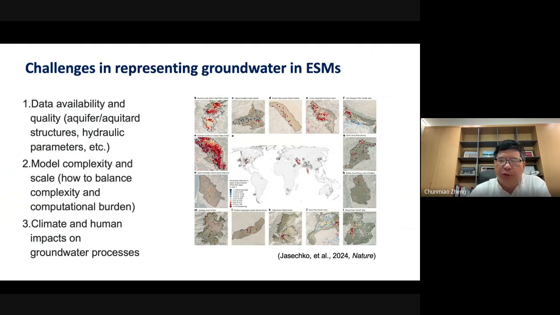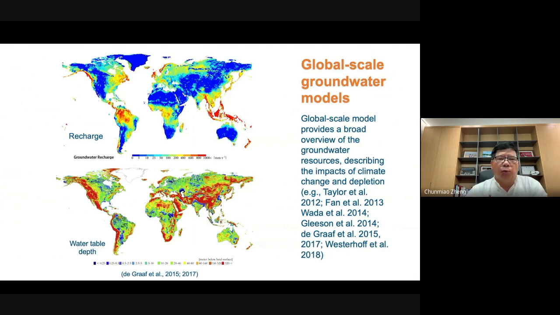It's difficult to do. So as groundwater people, we really need to find a way to develop methods and parameterization techniques for large scale groundwater modeling, ranging from